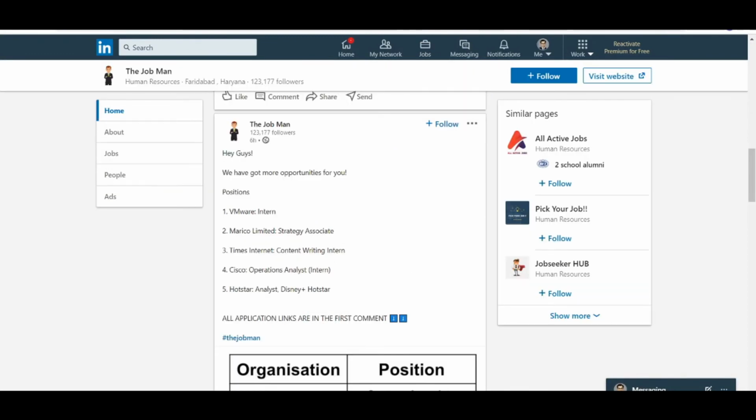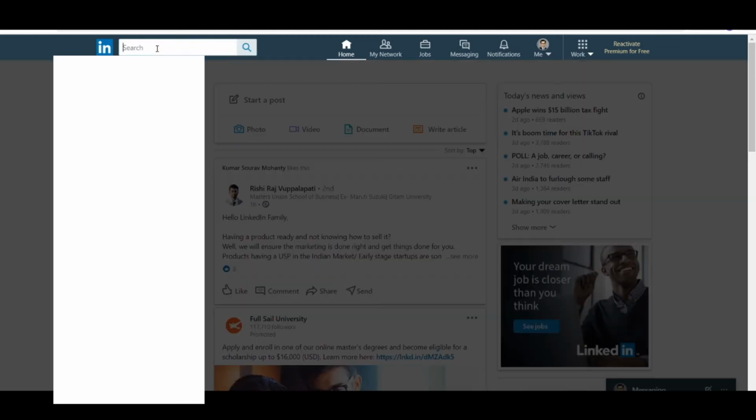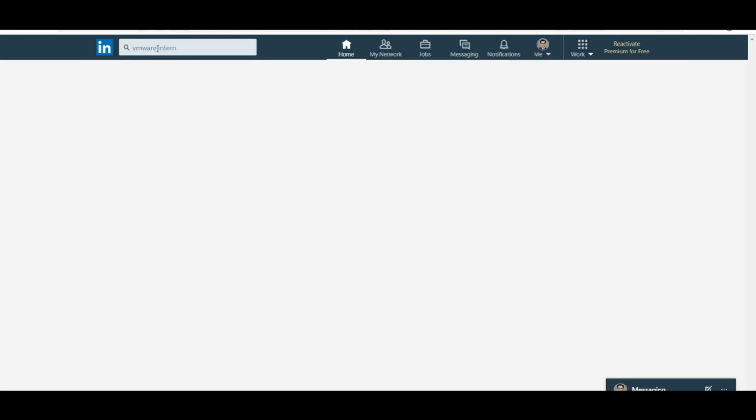Next, I want to highlight the most important aspect of applying to jobs, which is referral. And sometimes you can take advantage of that instead of going through the normal application route by applying or submitting your resume on a link. What you can do is search for the profile which is available. So in this case, VMware intern. Now I see a job which is available, but